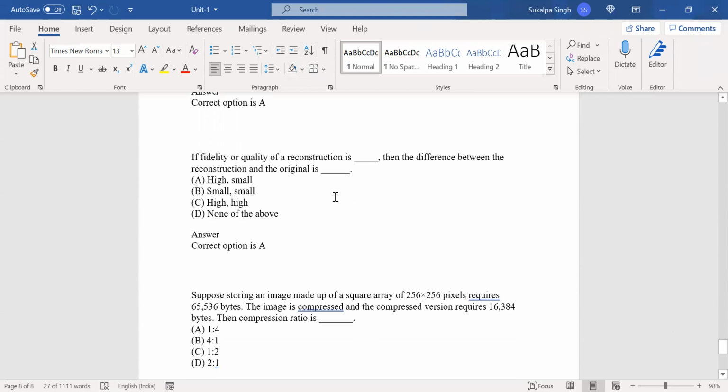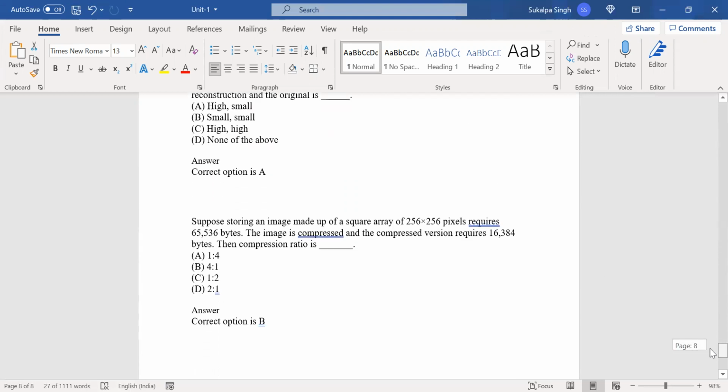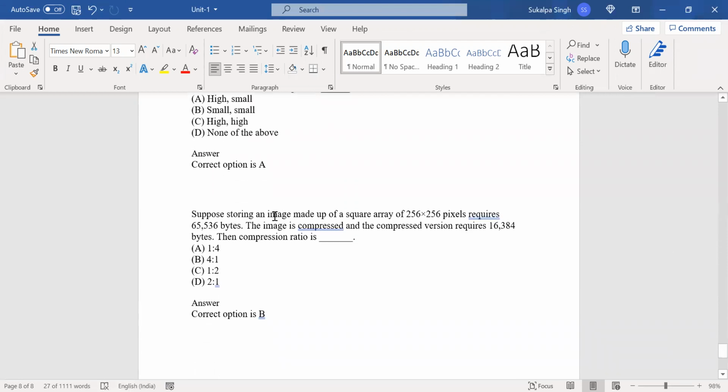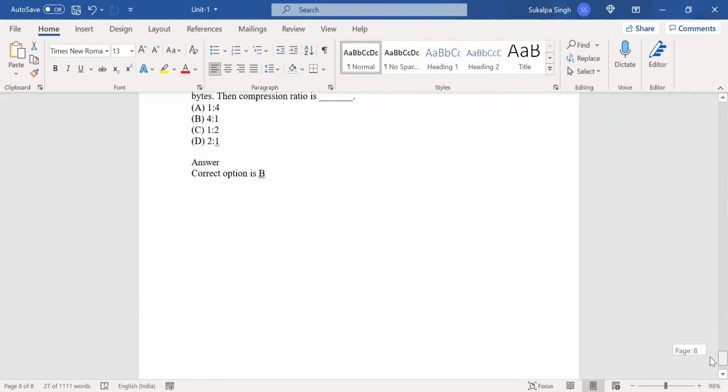Next is, if the fidelity or quality of a reconstruction is dash, then the difference between the reconstruction and the original is high or small. Okay, so don't be confused by small, small or high, high. It is high, small. Suppose storing an image made of a square array of 256 by 256 pixels requires this much. The image is compressed and the compressed version requires this many bytes. The compression ratio is simply that, before and after the compression, you have to find it,